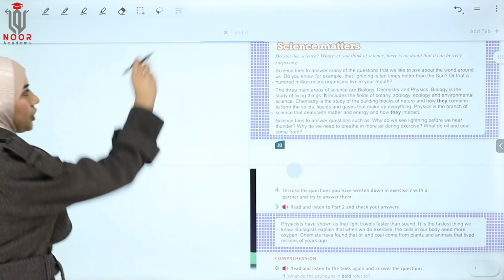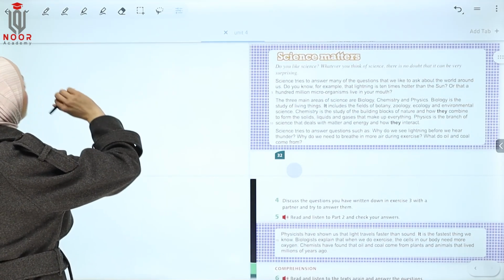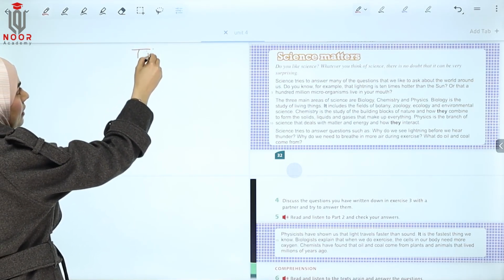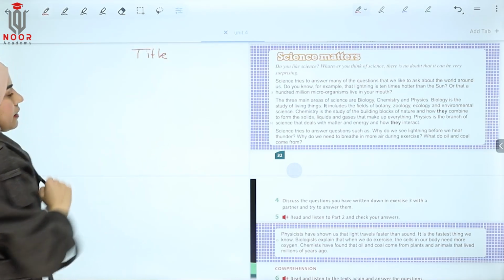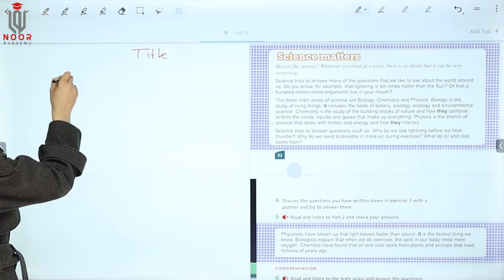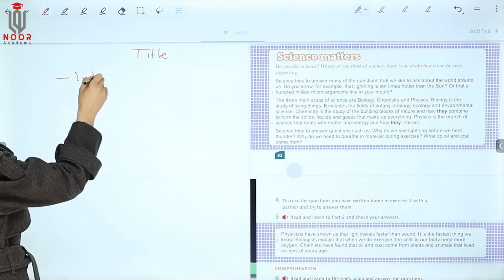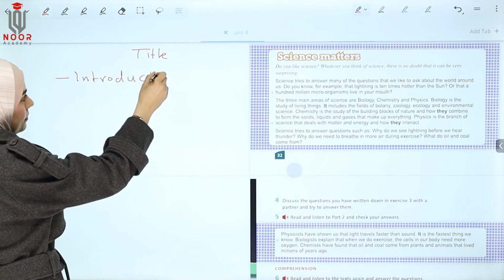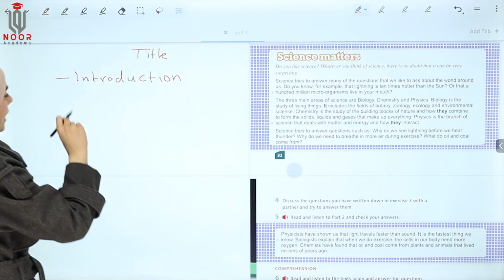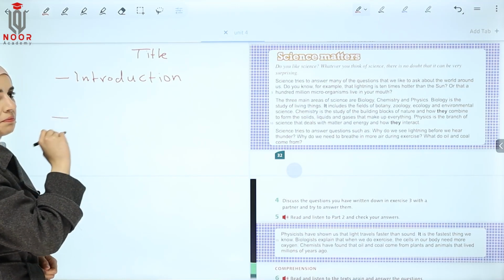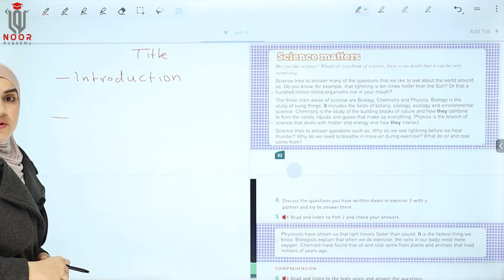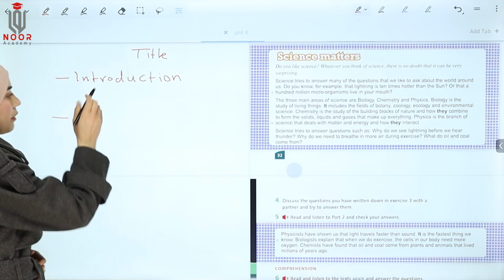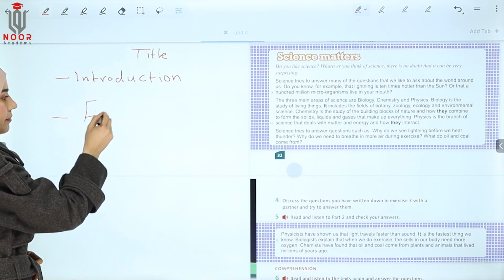Should be divided to title, introduction, now here, my first paragraph talks about the introduction of my whole essay. First paragraph,